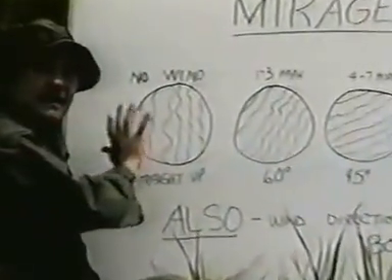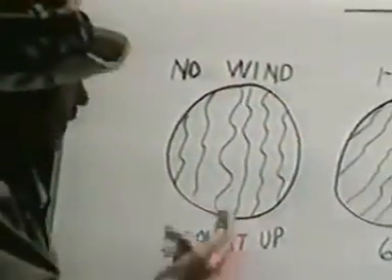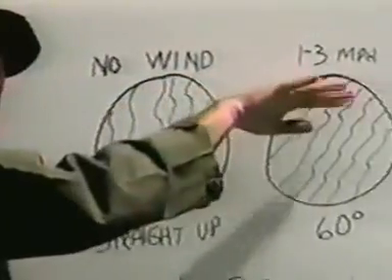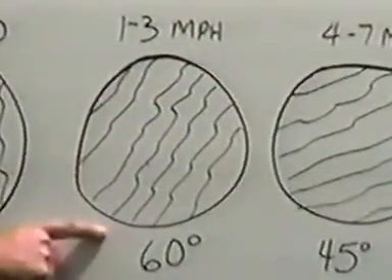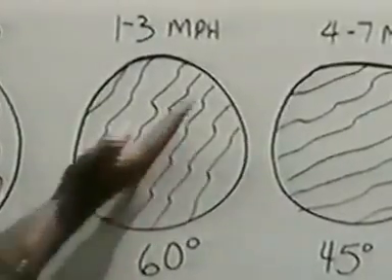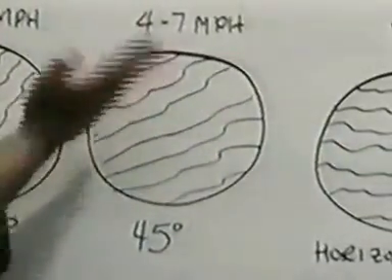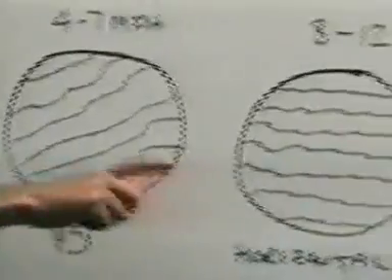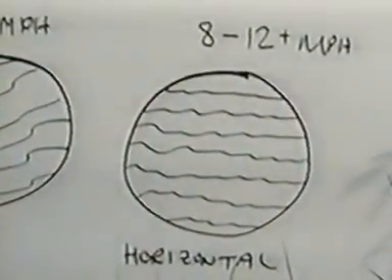Think of this as, let's say, smoke rising from a chimney. When there's no crosswind, that smoke rises straight up. But now you're starting to gently get a crosswind. Just as that smoke would start turning a little bit, the same thing happens to those heat waves. When it's at 60 degrees, it's 1 to 3 mile per hour crosswind. When it's at 45 degrees and you got a stronger wind, it's pushing it down flatter, 4 to 7 miles per hour. And finally, by the time that wind is 8 to 12 miles per hour, that shimmer is visibly